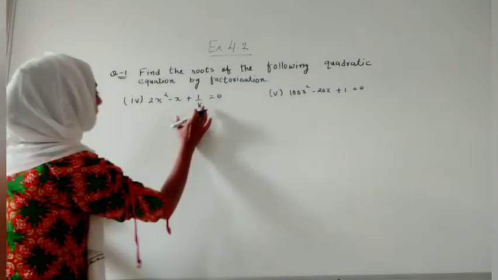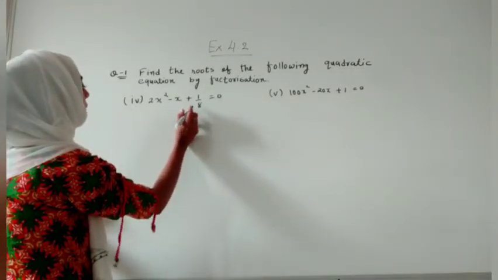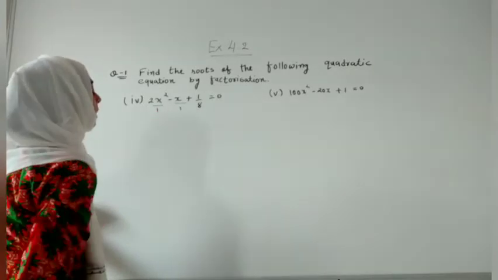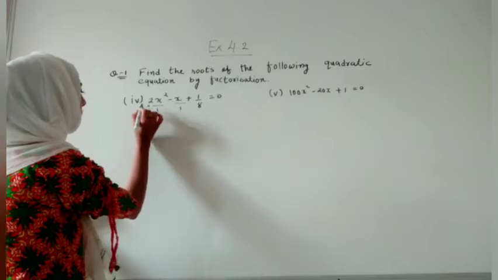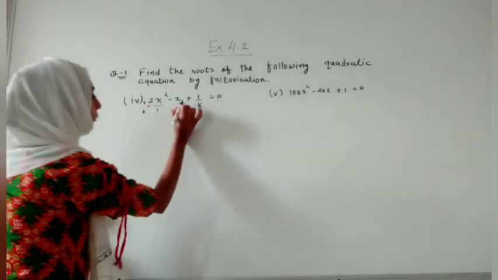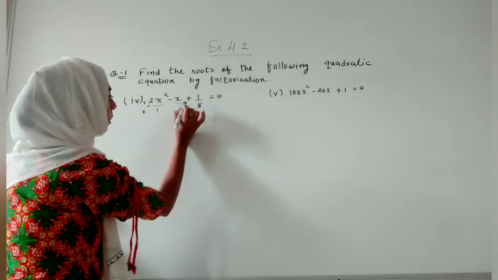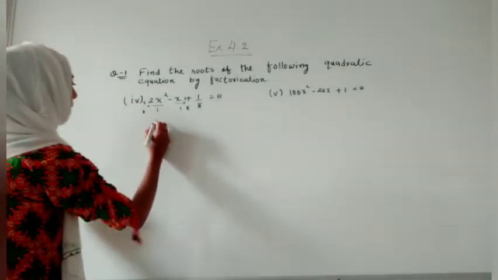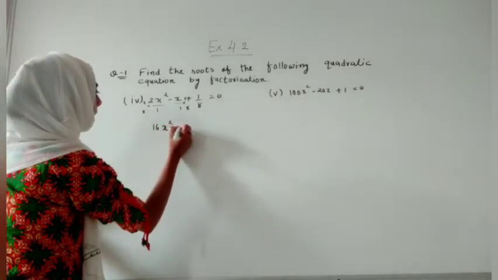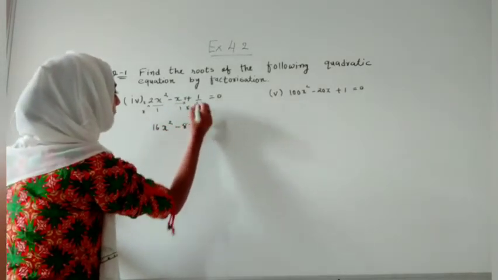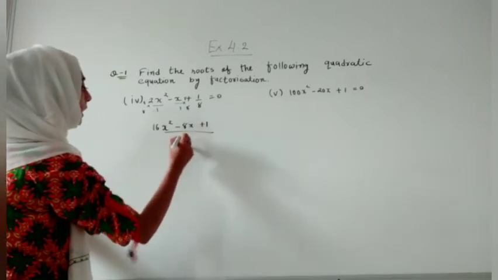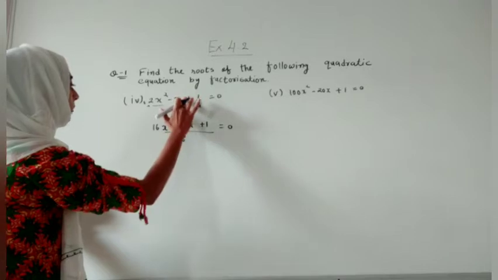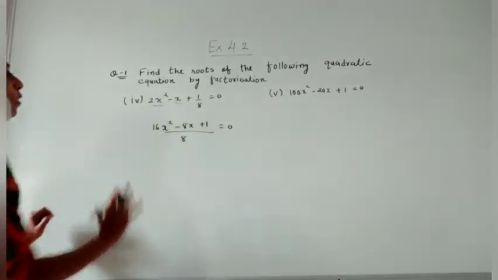This is another form that we have to simplify first. यानी यहाँ पे हमें LCM लेना पड़ेगा. They don't have any denominator. It means we have to multiply 8 over here and 8 over there. If 8 is here also we have to multiply 8 and 8. Then it will become 8 twos and here 8x, and that will become 1, and all having denominator as 8, and that is equal to 0. So this is the method in which we have taken LCM of 8.